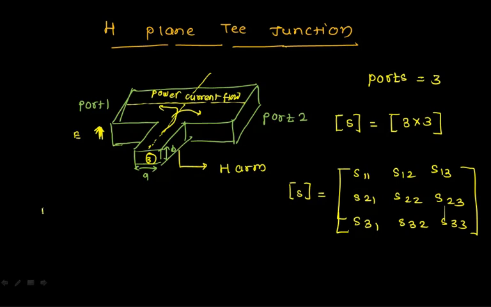So the first property of the scattering matrix tells us about the number of ports you are having, which is 3 ports. So you are having 3 into 3, that is 9 combinations. You are having 9 unknowns whenever you are writing this particular matrix. The first property says that your matrix is always a symmetric matrix. If I draw this particular H plane T in a very simple manner, this is my port 1, this is my port 2, and this is my port 3.